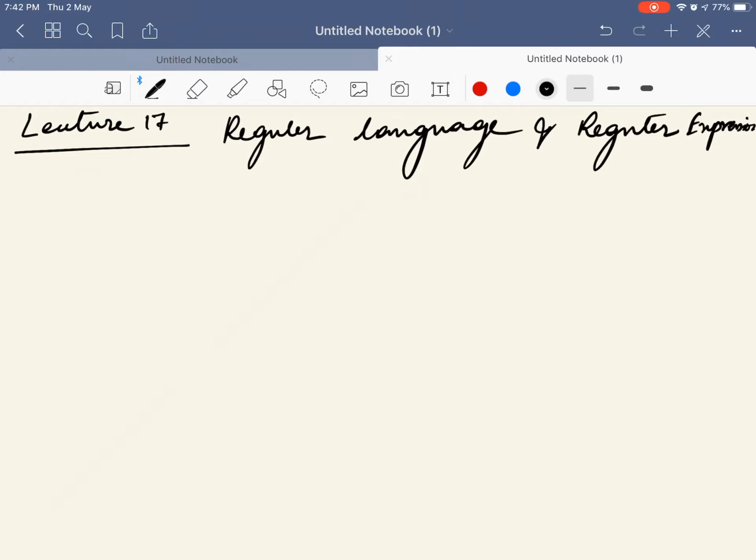Whatever language you have seen, suppose I give you one example, L = {a^n b^n, n greater than or equal to 0}. This is a kind of language, and we can convert the grammar of this particular language also. Now if a language